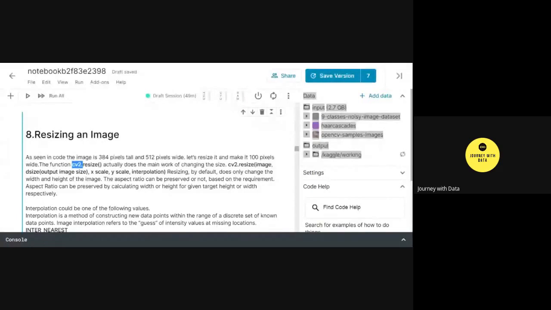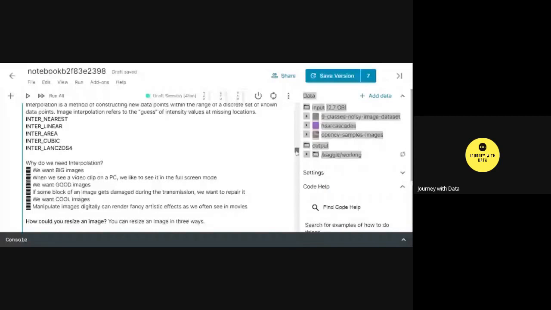Aspect ratio is basically, whenever you are calculating the width or height, preserving it, you are changing the height and width in a similar fashion.